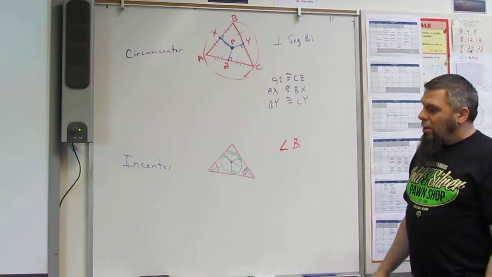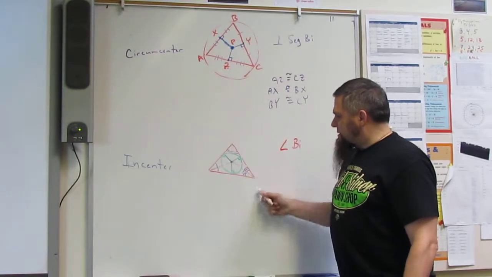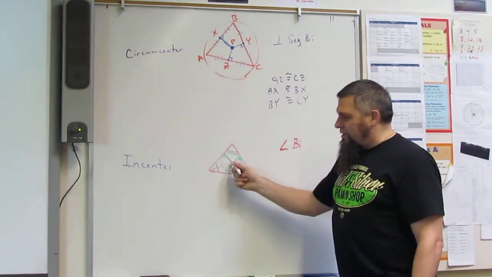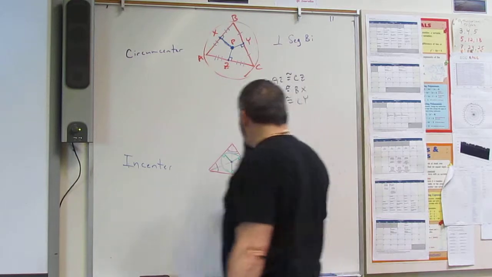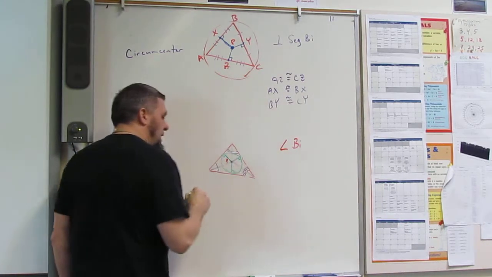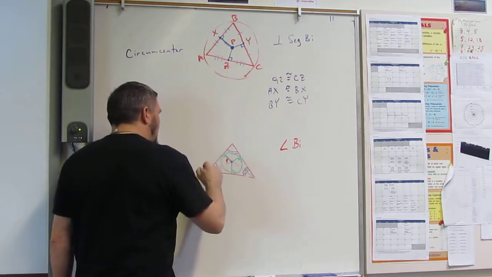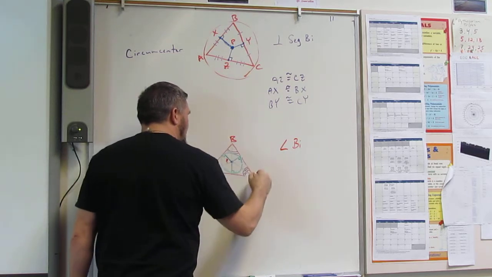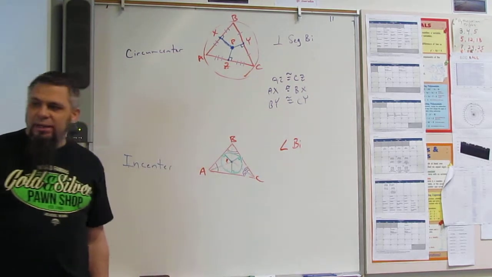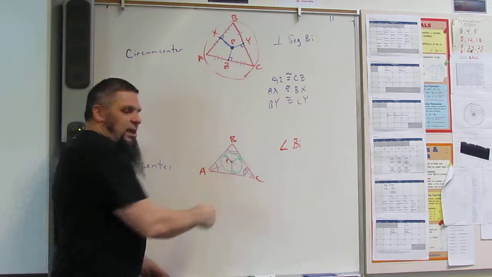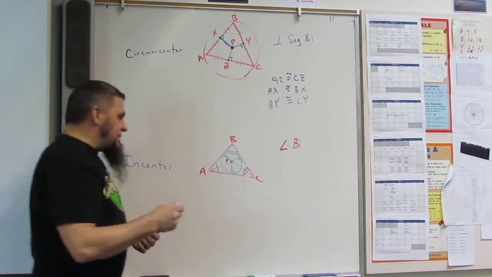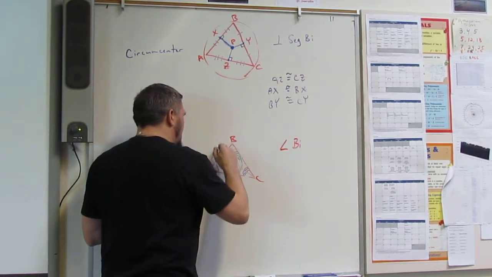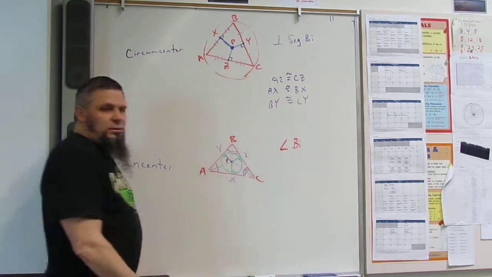And when you use the angle bisectors, they intersect at the center. So we can call this center P, and then we can have A, B, and C. And at that point P, it creates these other points X, Y, and Z, where